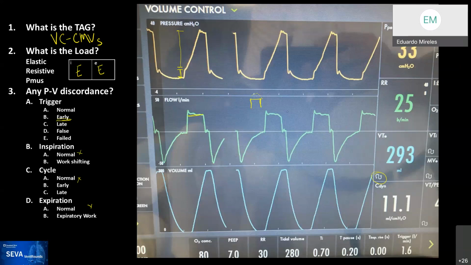Yeah, you're right. Hey, is the trigger early? No, there's no patient effort. I noticed it was underlined early. I wasn't sure. I wanted to make sure. Okay, thank you. No, that's an artifact, or I'm going to call it a simulation, that the ventilator does when the circuit compensation is on, trying to display what the circuit is actually seeing,